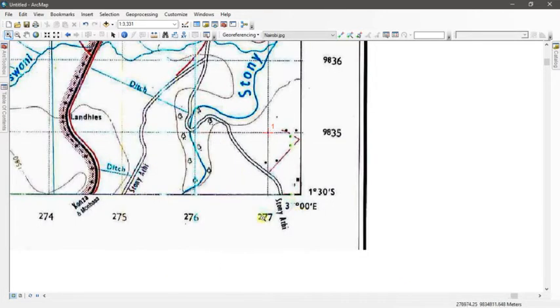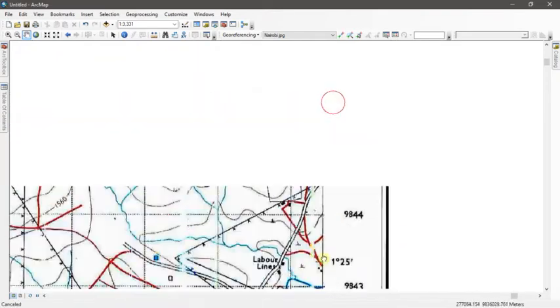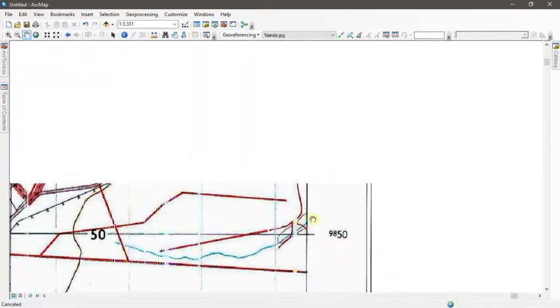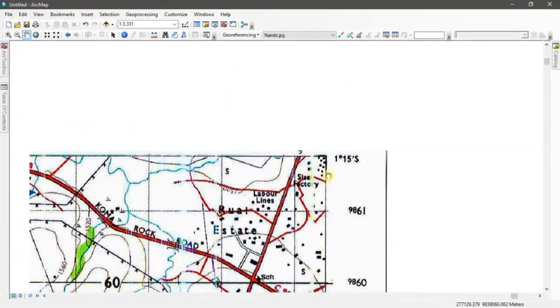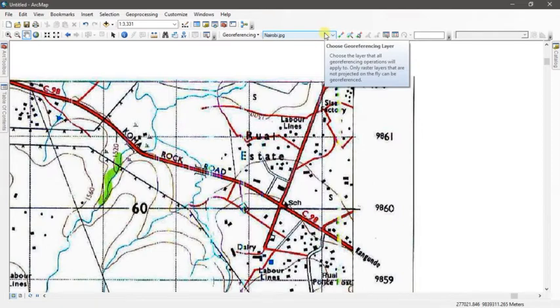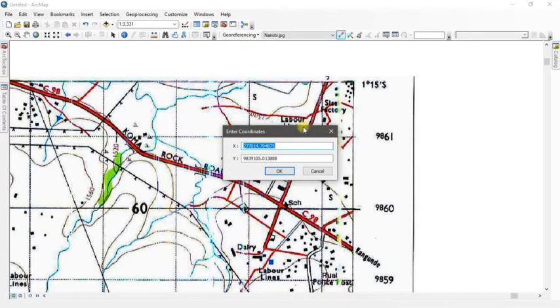So this one I can see the X is 277, so I just want to go up so that I can add another point. Ensure that your points are well distributed within your image. I always prefer having them at 3 corners of the map, but you can distribute them well. This is just the basics of it. We are going to learn later on why we are having 3 and all that. So this is my second point.